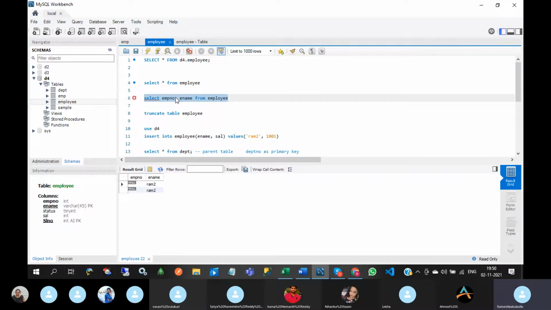So if you want to change the column name in select query, that means dynamically. So employee number as employee name. Okay, so you can write like this, but this change is not applied to table.